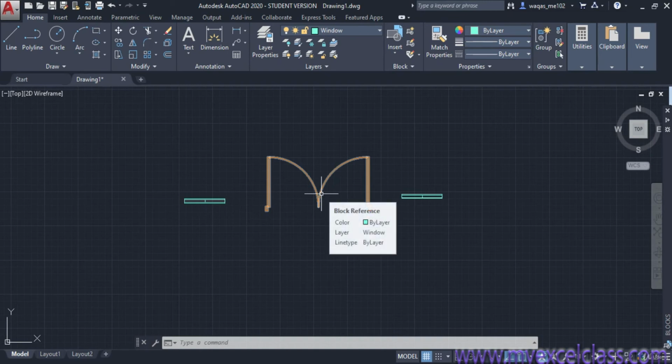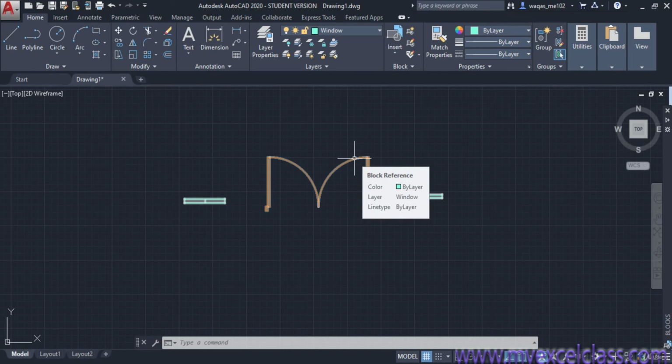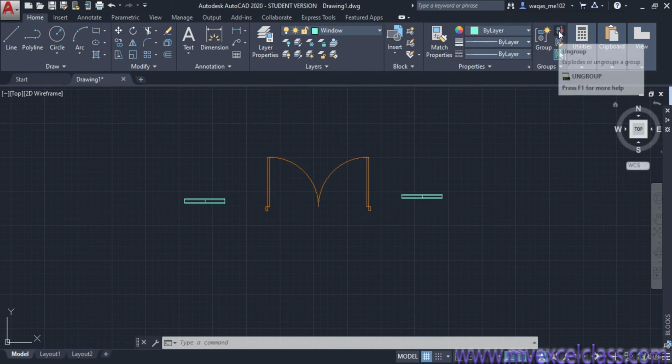This is one group, but I have just turned it off, and now it's behaving just like a different object. When I turn it on and click here, now this will behave just like a group, as originally this is a group. So the difference between these two is that this option makes it ungroup, and this option just turns it on or off.